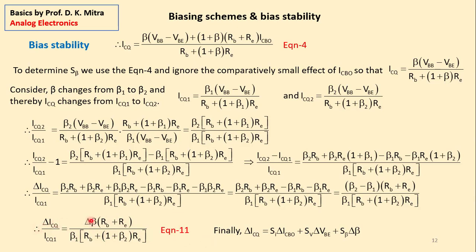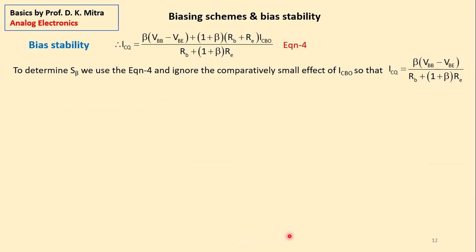Of course, I agree the relation is very cumbersome or difficult to remember, but don't remember this. Just keep the note in your notebook. You will need it primarily when you go for detailed design or if you somehow get a job in analog system design. Finally, what we have to remember is del ICQ is SI del ICBO,